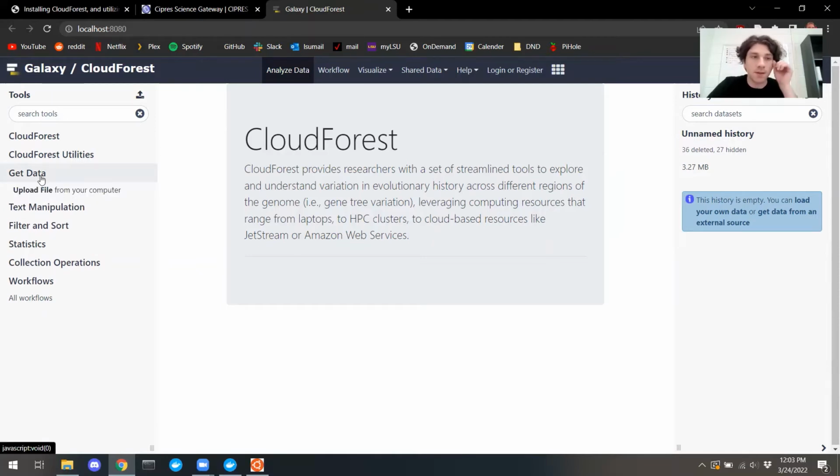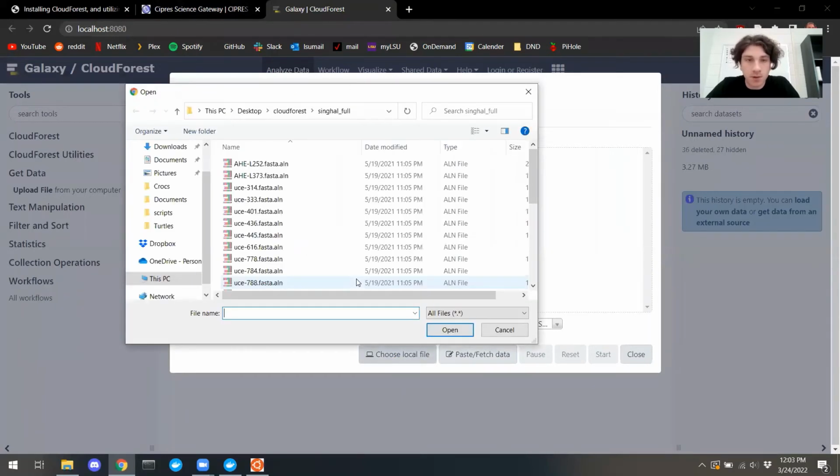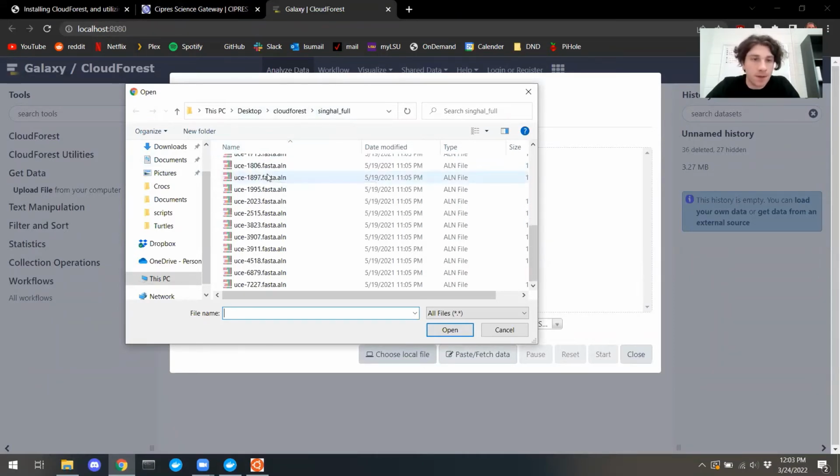So we'll come here to the left side, click Get Data, and then Upload File. This will bring up a file browser window. We'll select Choose Local File here. And again, you can navigate to this data set that we just mentioned a second ago. And we'll just use a few alignments from here